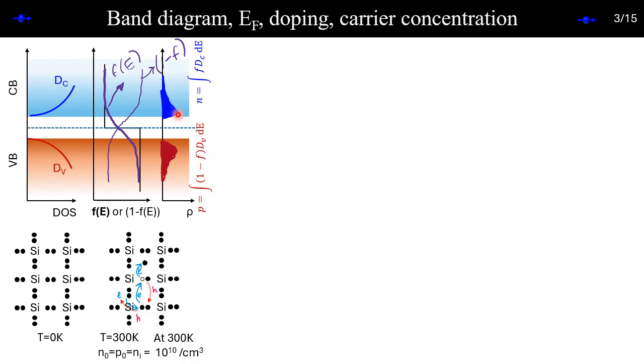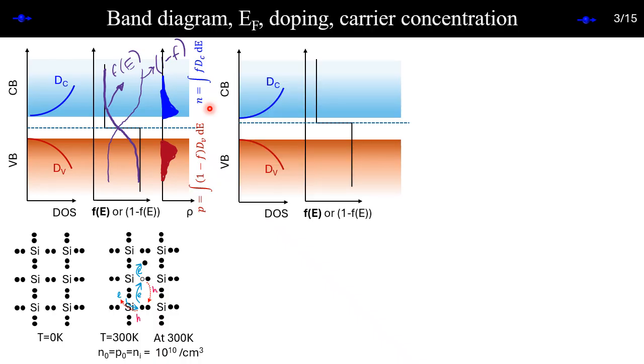if you want to have more N, that means you want to increase this overlap. If you want to increase this overlap, meaning you have to bring this entire thing towards the conduction band, right? If you bring it towards the conduction band, so now it is symmetric. Whatever overlap you have here, you also have the same overlap. That's why it is giving you the same result. If you want to have more overlap here, it should be raised, right? So something like this, but this is at 0 Kelvin. So even at 0 Kelvin, nothing happens because it is sharp, okay? Because EF is still in the band gap, right?